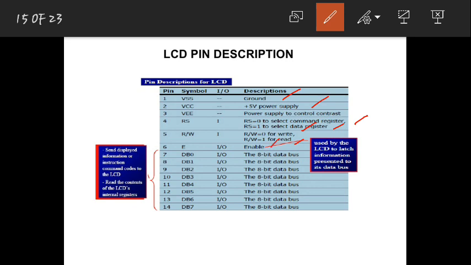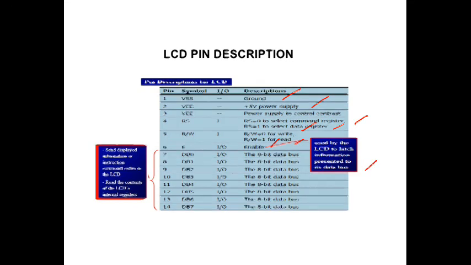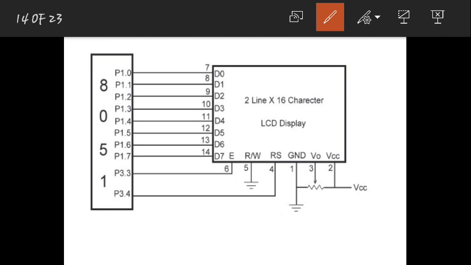Next, the enable pin is used by the LCD to latch the information presented to the data bus. That means whatever information you are writing on these ports, if you just write on these ports, all this data won't go onto the LCD screen.